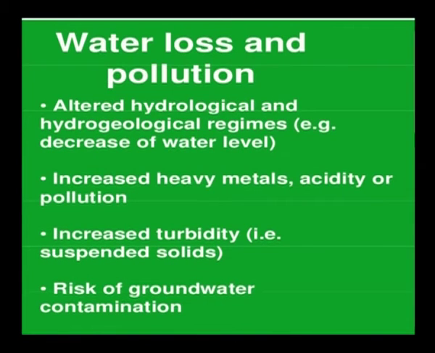Water loss and pollution: altered hydrological and hydrogeological regimes, that is decrease of water level, increased heavy metals, acidity or pollution, increased turbidity, that is the water gets more turbid, in the sense more suspended solids are there in it and it no longer remains clear. Risk of groundwater contamination, and that is the worst kind of